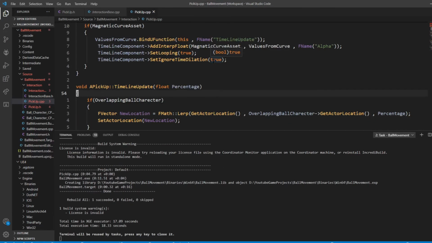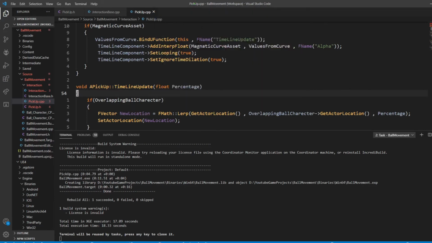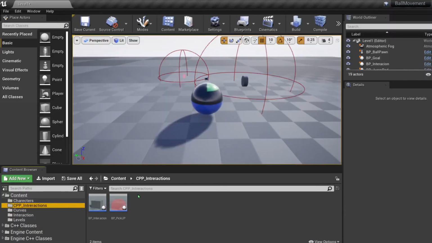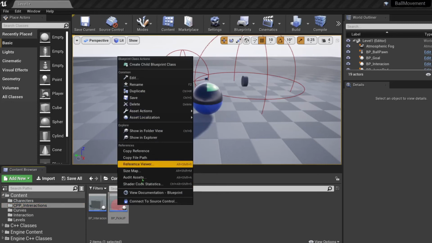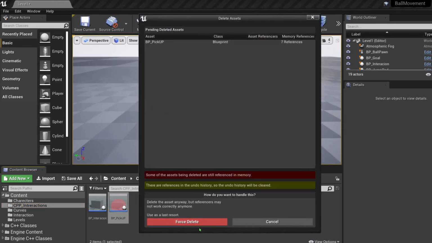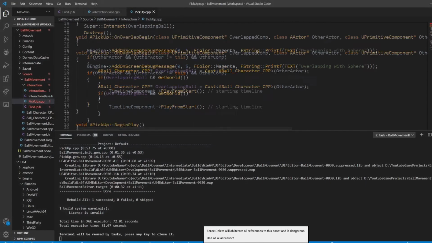Okay, so it compiled. I'm going to compile this in the editor, and then we're going to be testing this in the editor. One thing I'm going to do is reparent this. So I'm going to delete this. The reason I'm reparenting it is because each time you